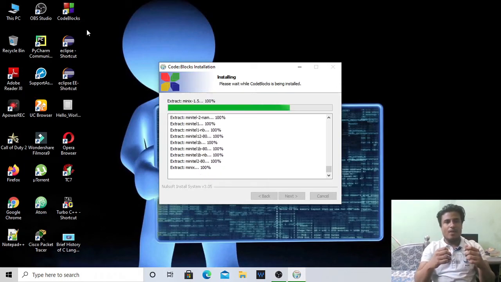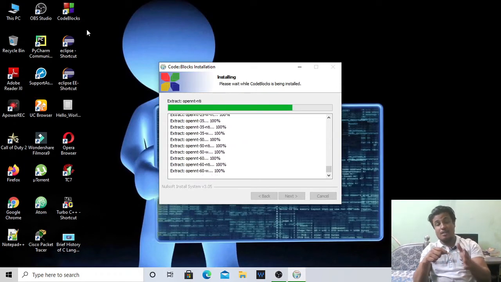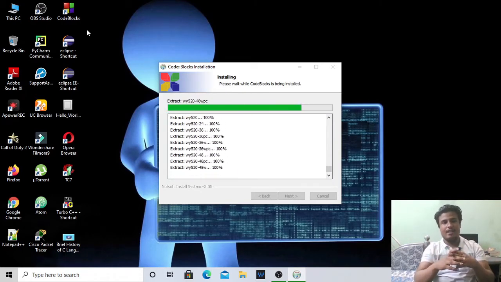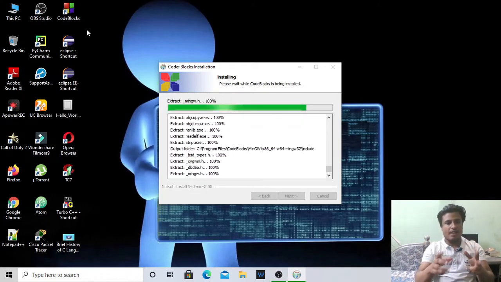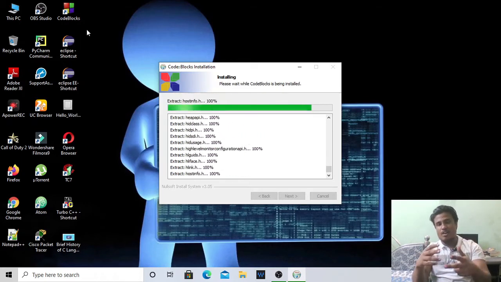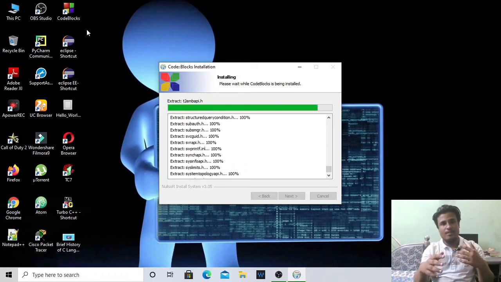Now after that, when you click on the run icon, I will show you when it is installed, the run icon on the menu, it will run it, and it is converted from .c to .exe. Whenever an .exe file is there, our computer will understand, oh, it is the executable file. We have to show the output to the user, so it will execute it and display whatever you have written in the code. Okay, so I think it's going to be over now. I will continue after this.